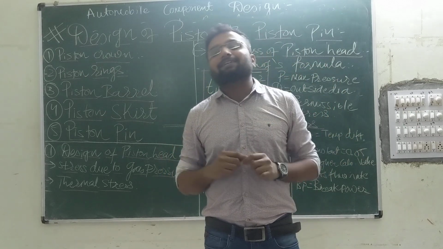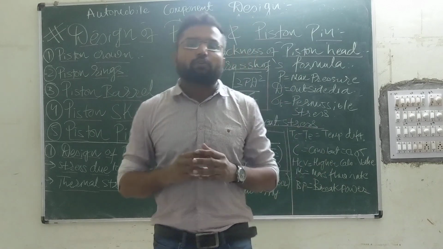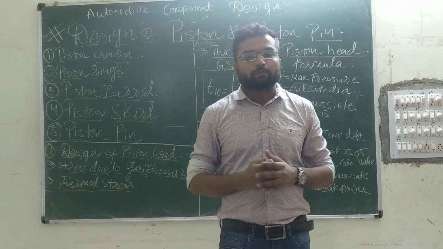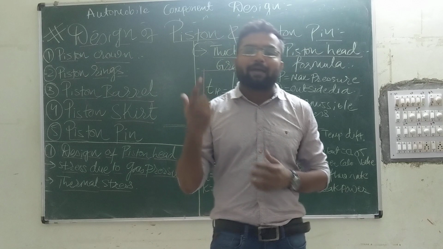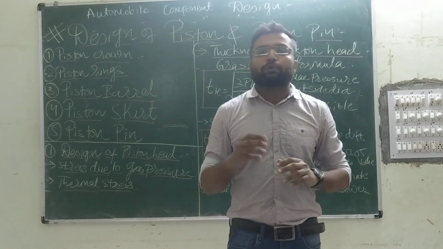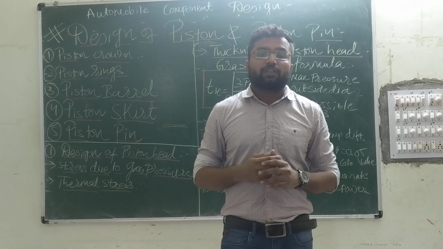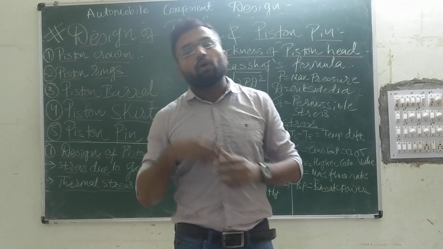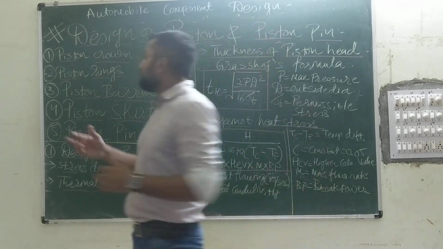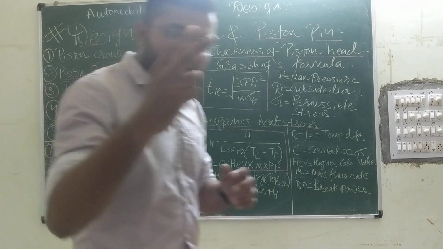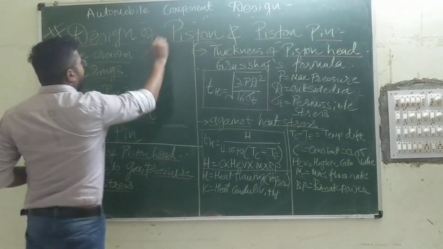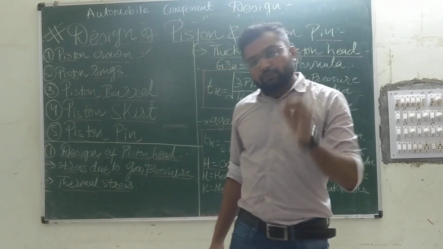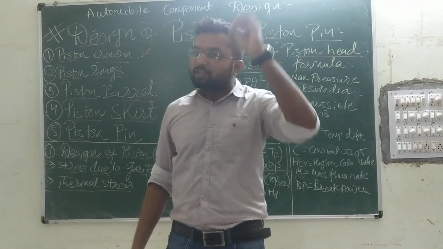Clear? The piston crown comes under an excessive amount of force, or you can say stress, generated by gas pressure. So one is direct stress generated by gas pressure on our piston crown, or you can say piston head. The second stress is due to heat, an excessive amount of heat. So in the case of the piston crown, there are two types of stress: one is direct stress and another is thermal stress. So first of all, we have to design this piston for the direct stress.